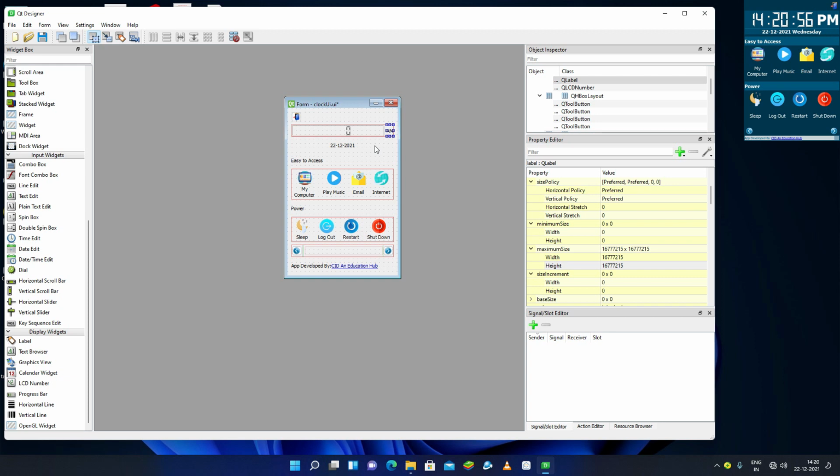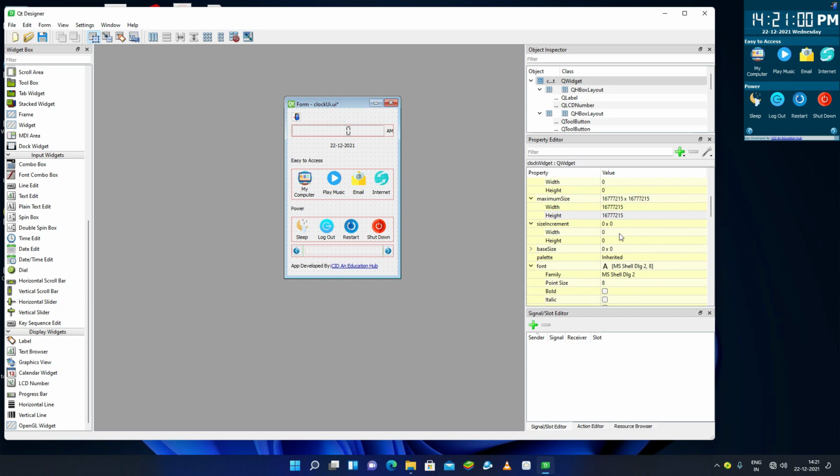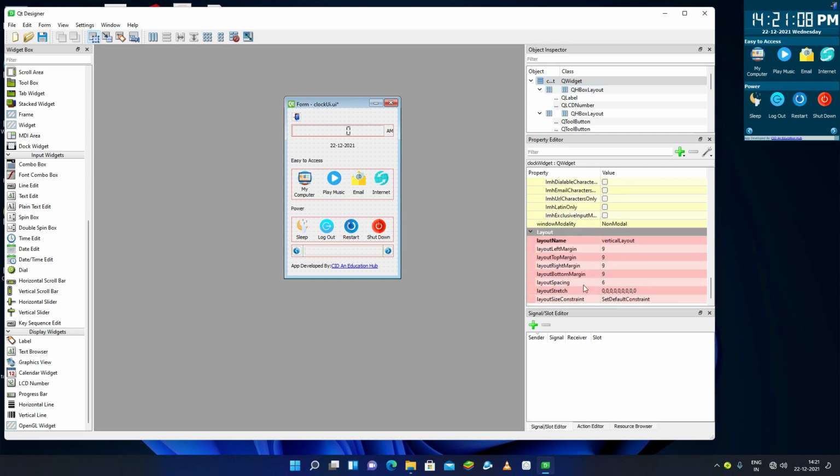So what I can do is come into this form widget, the Q widget, and come down below, and under the layout stretch I can change the stretches like this: 0, 0 for app developed and these arrow keys, and 1 for sleep, logout, restart and shutdown.